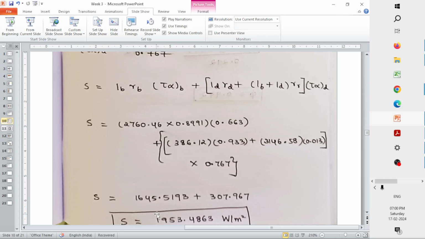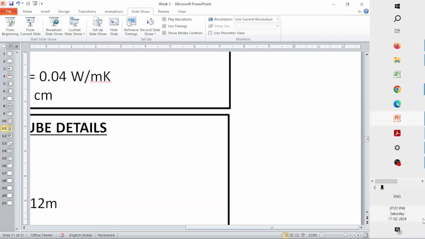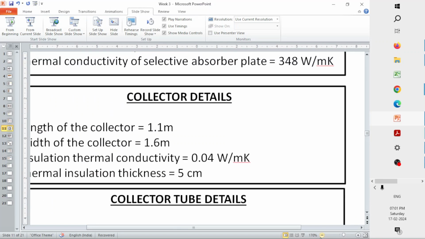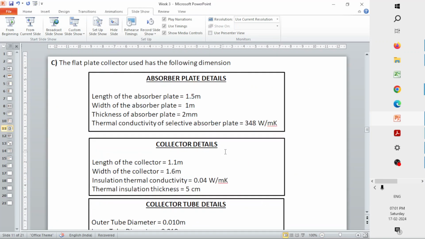Now this is only one part of the question. We know how much of the solar flux is going to get absorbed, but how much of the absorbed flux is actually going to be used for our application, or how much the fluid flowing through the tube is actually going to take, we do not have an idea on that. So for that we have an entire question that is left out,